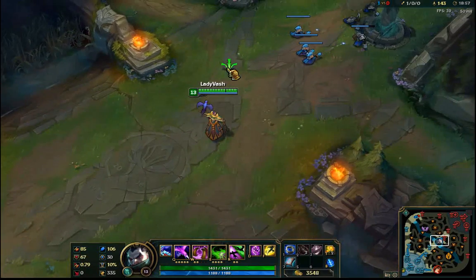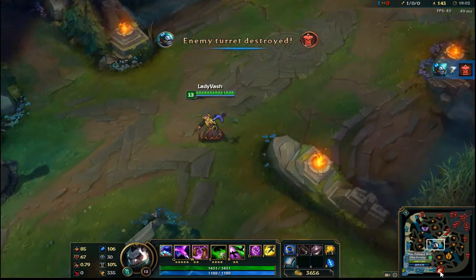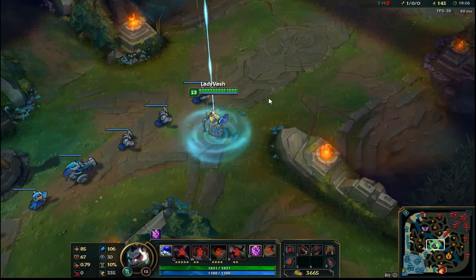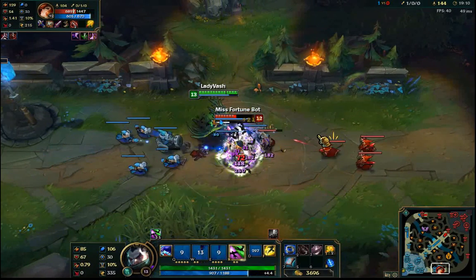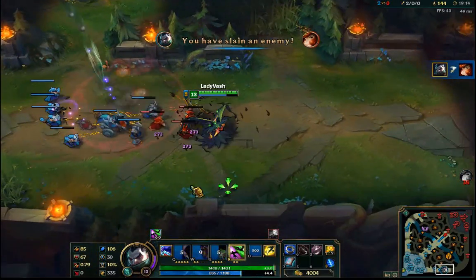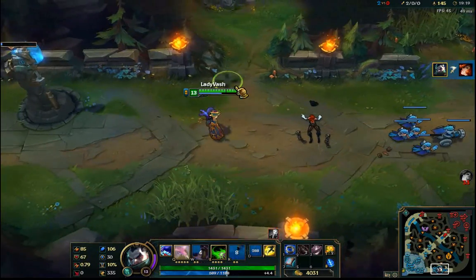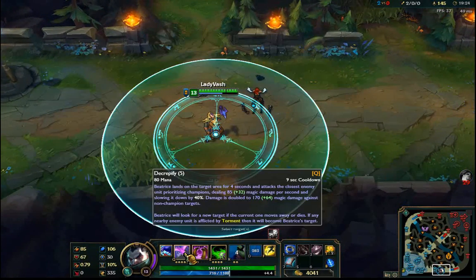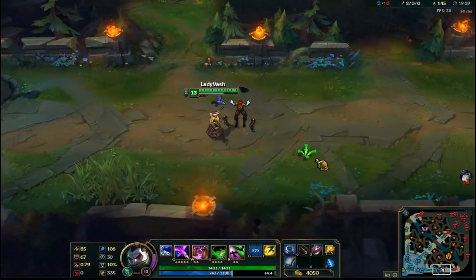Let's see. Yeah, so that's everything. Let's go kill Miss Fortune one more time down here. We'll just come in on her. I just let my Torment and Bellatrix do the damage there. I mean, my ult was doing some, but...